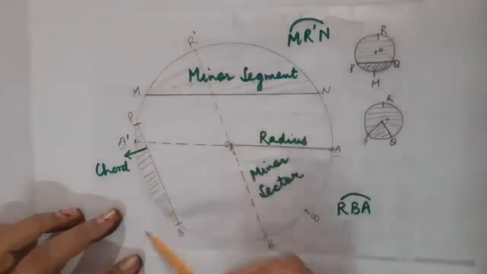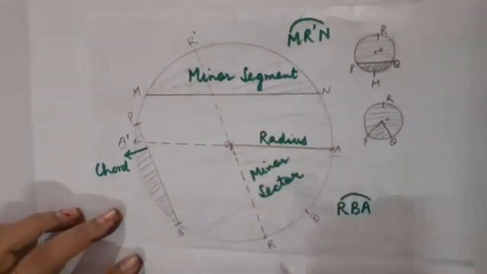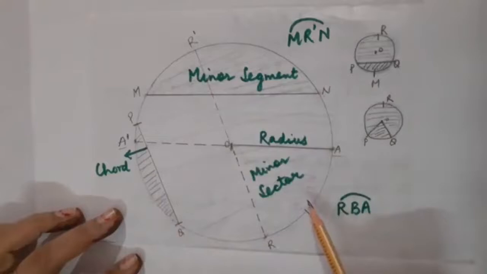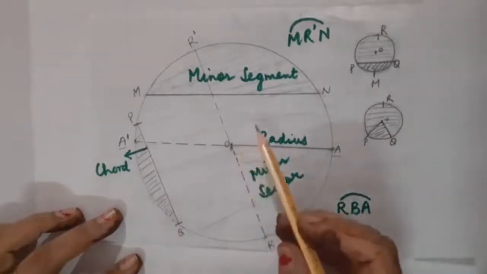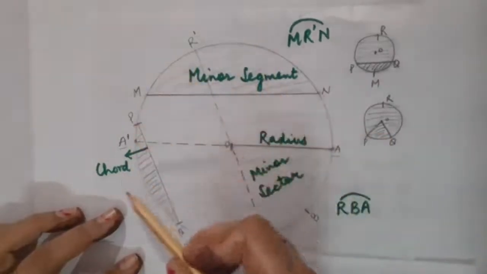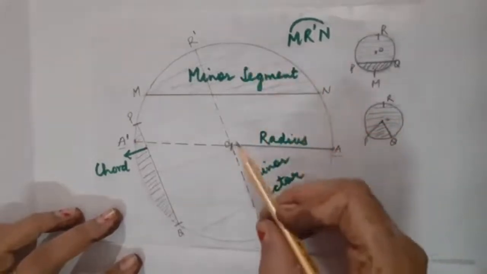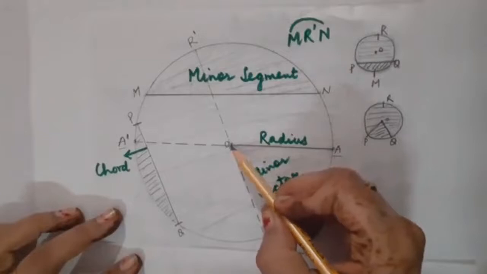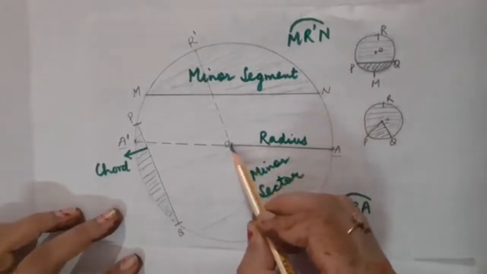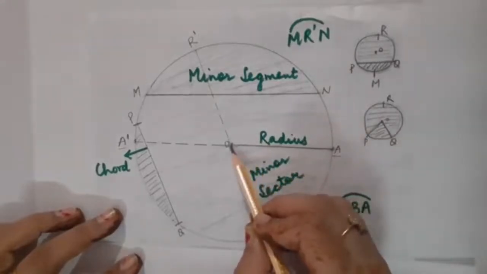Here you can see a big circle. So my first topic, which I am going to make you recall, is the definition of circle. Children, circle is nothing but a locus of a point which moves in a plane in such a way that the distance, whatever point I am going to take on the boundary, they are at the equidistance from this fixed point which is known as the center of the circle.